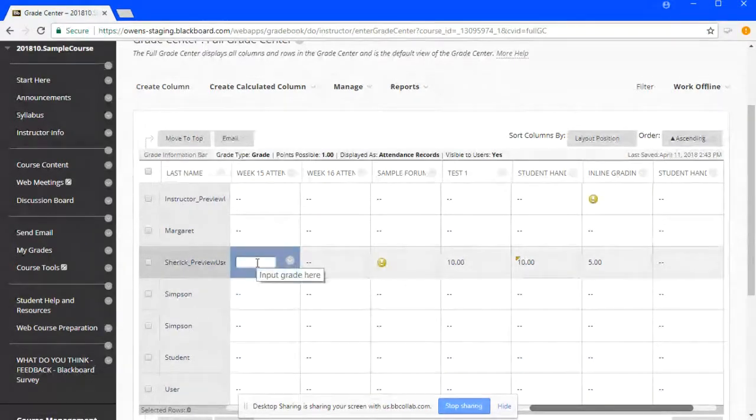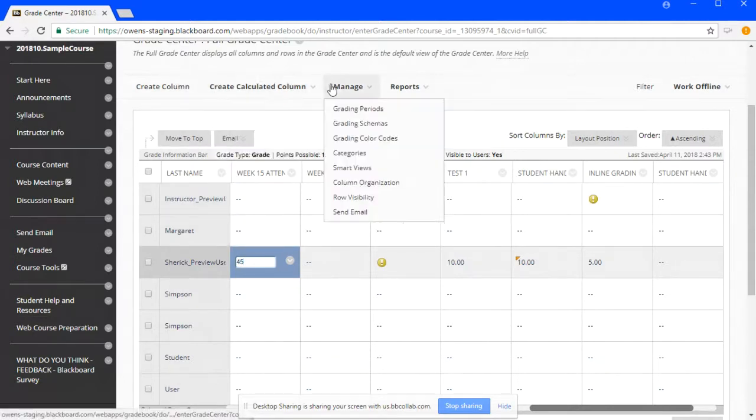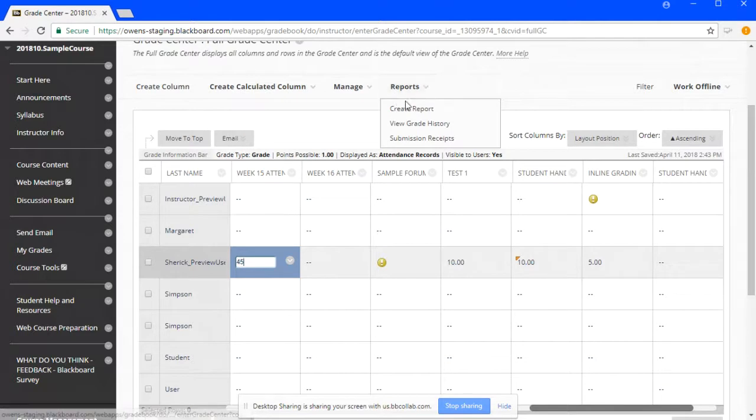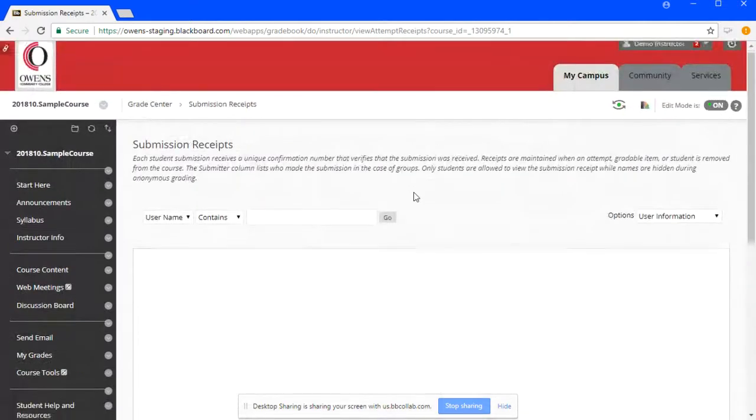You'll still be able to add your grades in the normal fashion by adding the point total manually or going through and checking the submissions. You'll be able to also use all of the previous tools that we had before. But the one feature I'd like to call to everyone's attention is the submission receipts feature under the reports section tool. By going to reports and clicking on submission receipts, oh yes, you want to argue with me.